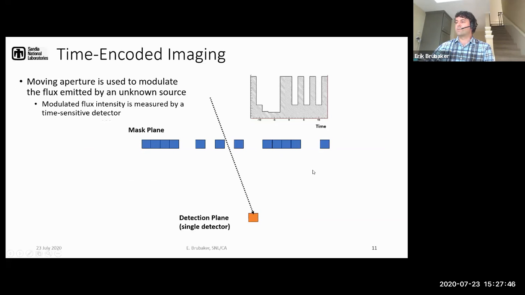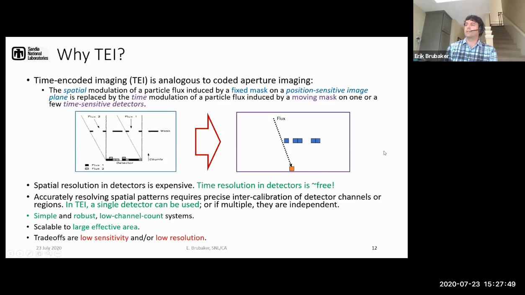Okay, so there's this very close relationship between coded aperture and time-encoded imaging. So the summary of that is that in coded aperture, you have a spatial modulation of a particle flux that comes from putting a fixed mask in front of a position-sensitive image plane, as shown here. In time-encoded imaging, we have time modulation of a particle flux that comes from putting a moving mask in front of one, or all you need is one, or a few time-sensitive detectors. So you're converting that